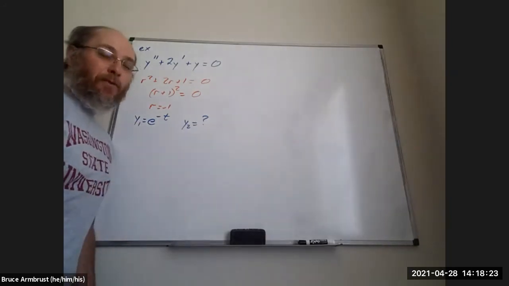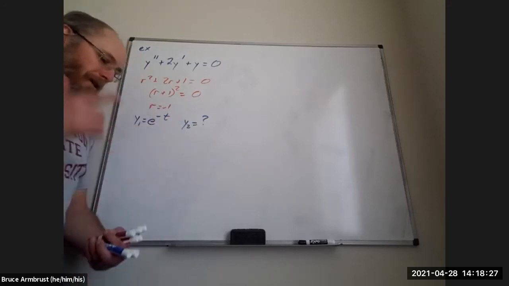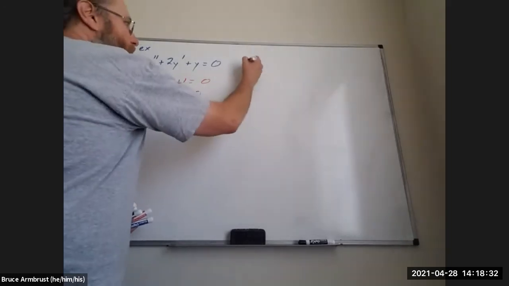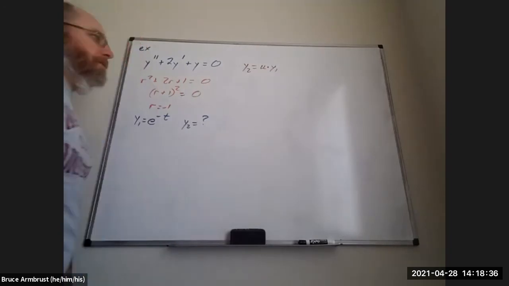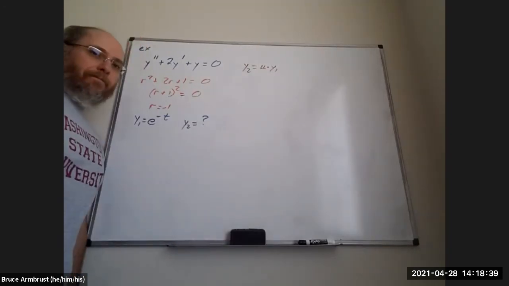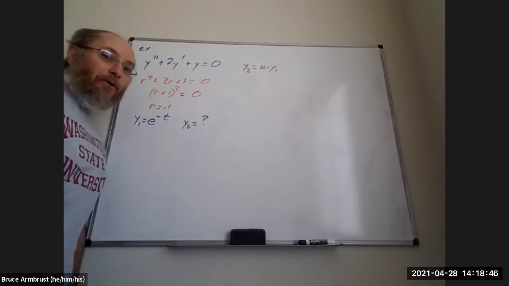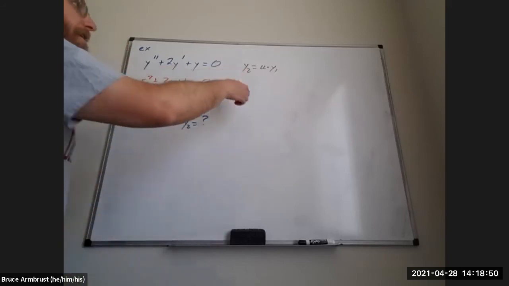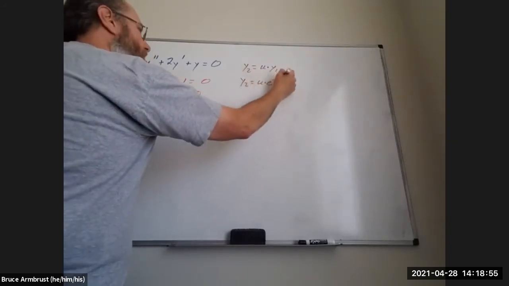What I'm getting at is we're going to use an integrating factor. We're going to multiply. We're going to say, you know what? Obviously we don't know what y2 is, but let's say that y2 is some multiple of y1, because then maybe we can figure out what form that u has to be. So let's try it. Let's just say that y2 is going to be some multiple of e to the minus